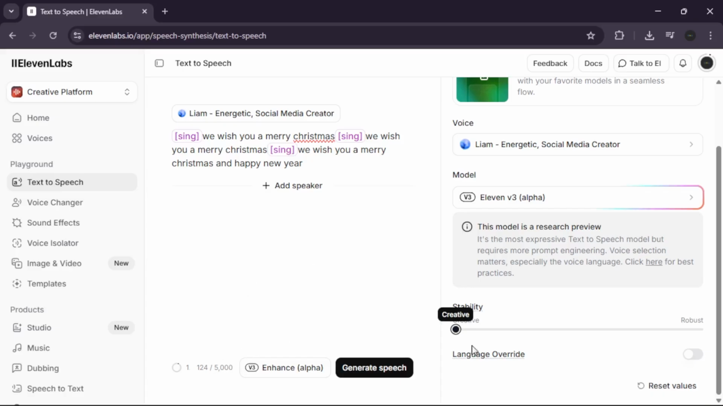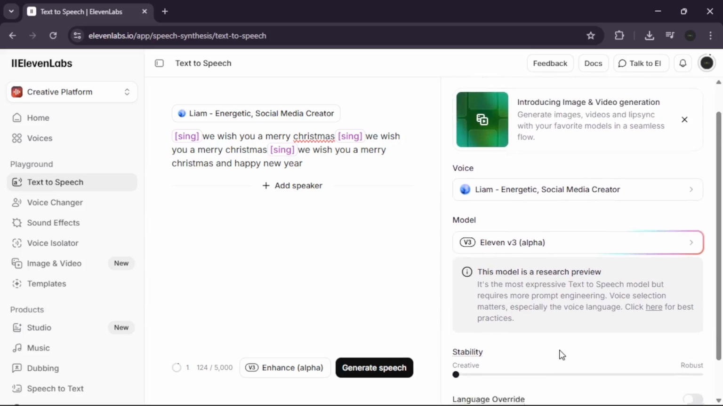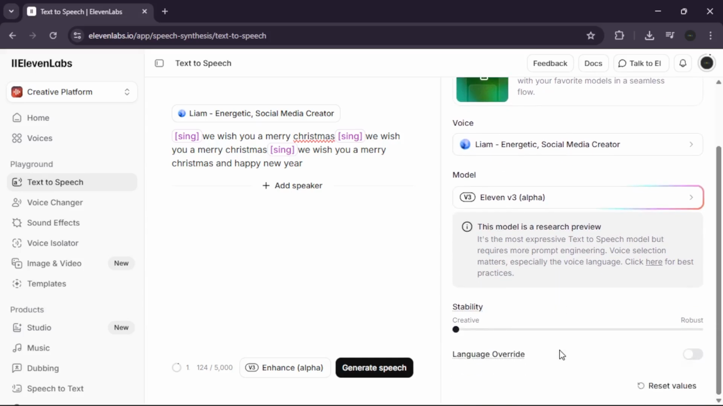Increase the style exaggeration to 60% or higher to bring out the emotion in the vocal. It might take a couple of generate clicks to get the perfect take, but once you do, the results are